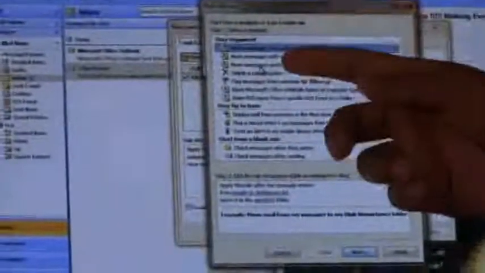Go to Tools, select Rules and Alerts, then select New Rule. Choose move messages from someone to a folder. Someone means me, and the folder is the large folder. Select yes.